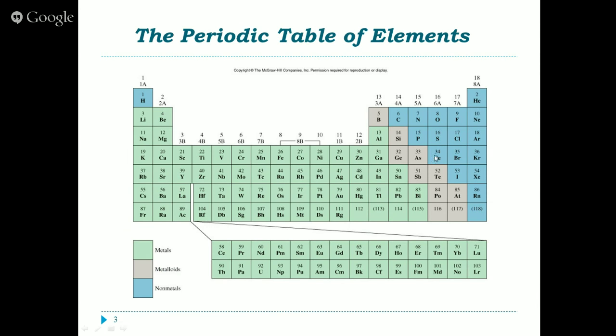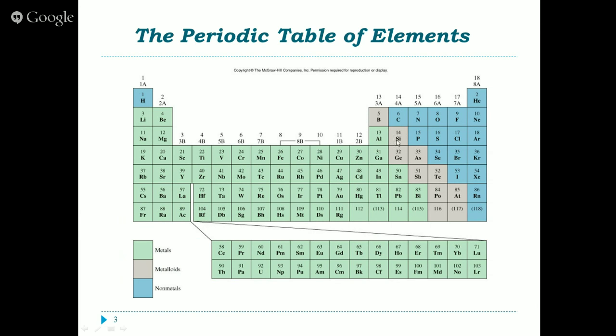Here we have a modern periodic table of elements. The modern periodic table was developed by Dmitri Mendeleev. He discovered that it was better to organize the elements in terms of increasing atomic number, whereas the periodic table before was organized in a way that elements were increasing in their mass. And this was a problem because, for example, tellurium and iodine. Tellurium actually has a larger mass than iodine. However, it behaves similarly to the elements in group 6. So he predicted that iodine should actually go here, and that was a correct prediction.